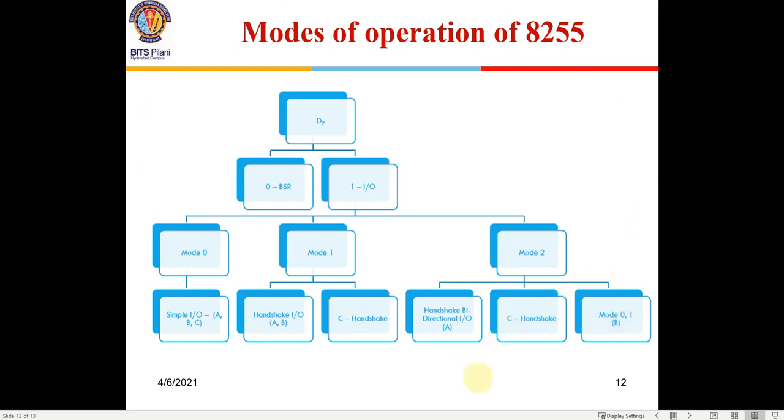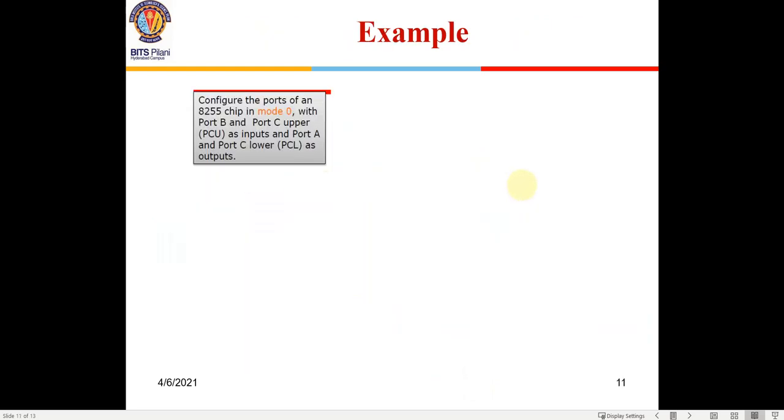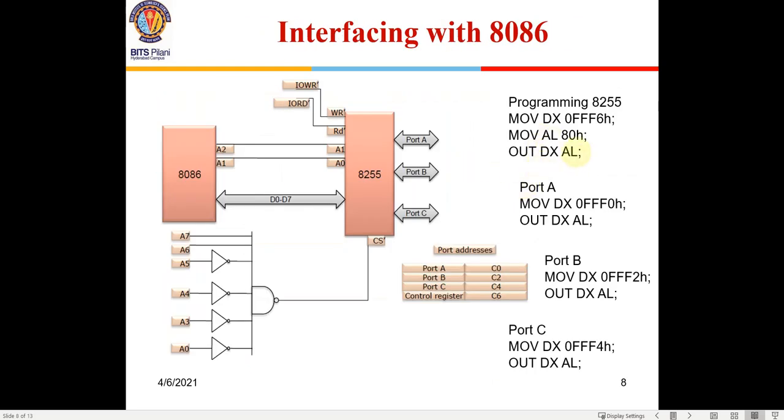Right, so for this configuration, initially we will have to program 8255 by writing 8-bit data into the control register of 8255. Once you have programmed it, you can individually send IN and OUT signals to one of the three ports, port A, port B, port C. That is through IN and OUT commands. Even programming of this 8255 register will be done through the OUT command only, like we saw here. The only thing is the address will be the control register, which ends with a 6. So this is the C6. Okay, is it clear to all of you?